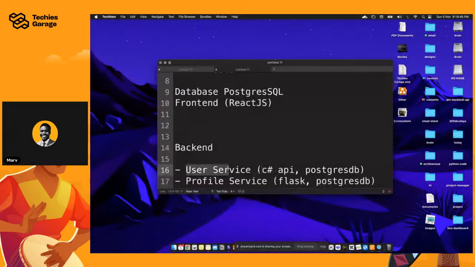And then the profile service would probably consume, right? Consume. I mean, we'll be able to, but for now, we'll go to the cost of today.